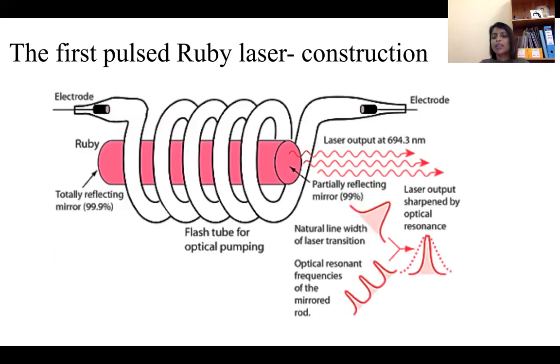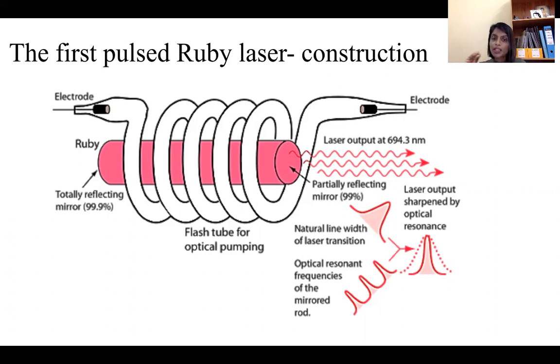Synthetic means that ruby is naturally available, but for scientific purposes we artificially create it by introducing chromium. Ruby is basically aluminium oxide, and this aluminium oxide is doped with chromium, around 0.05% by weight, and